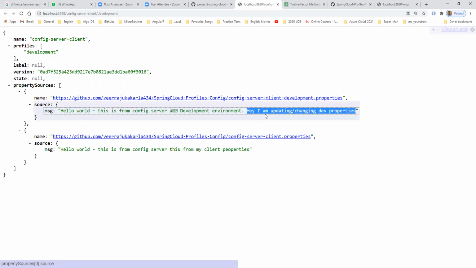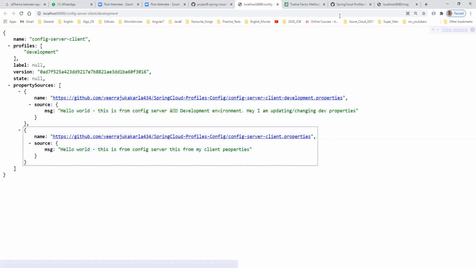But the default behavior of config server is what we are understanding now. Providing security is up to your organization, and those security concerns are taken care of by your architect, your manager, your product owner. Got it? Okay, thank you. Yeah, fine. But we should know how we are configuring the config server as part of our microservice. That is what we should know.